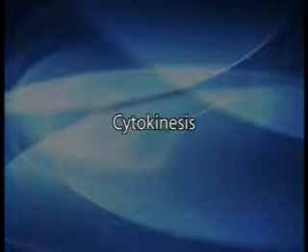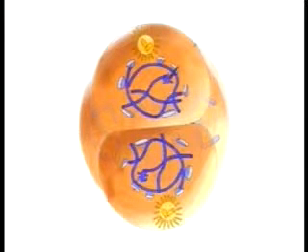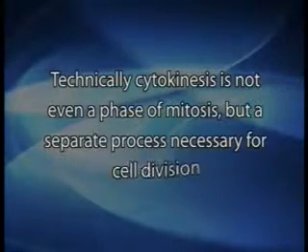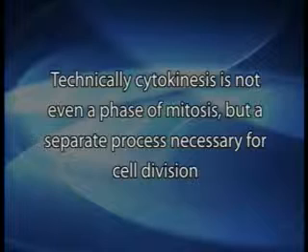Now we come to cytokinesis. Cytokinesis is the process in which the cell actually divides into two. With the two nuclei already at opposite poles of the cell, the cytoplasm separates and the cell pinches in the middle, ultimately leading to cleavage. Cytokinesis is technically not even a phase of mitosis, but rather a separate process